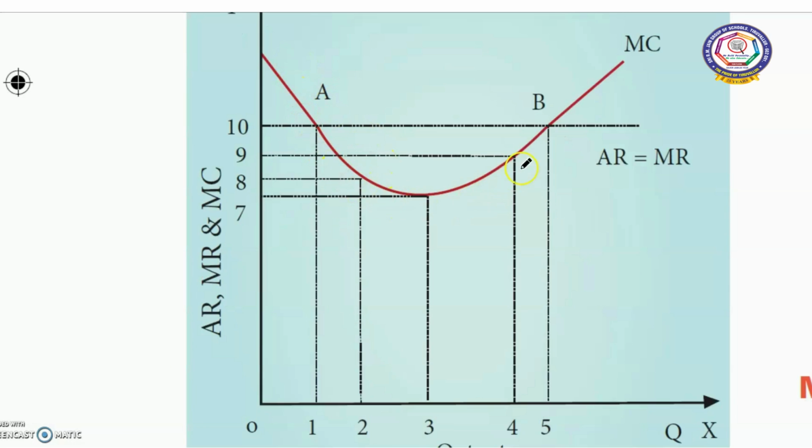In this diagram, you can see the MR curve. An intelligent seller will not be in equilibrium at output level 1. In this diagram, you can see MC and MR meet at point A, but he is going to continue his production. He is going to increase his production to 3 units, 4 units, 5 units, like that. So, his profit also is going to increase. When he produces output beyond 1 unit till he reaches 5 units,